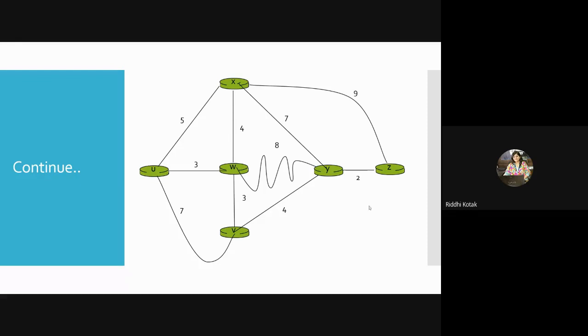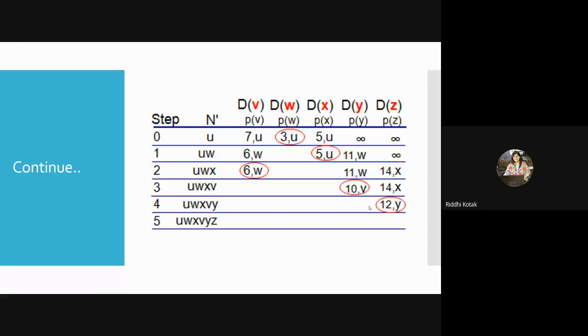Okay, so see over here we will select the path like U to X, that is 5, then X to Z, that is 9. So the total will be 14 and the current node is X. So you have to write 14 comma X. Just complete these entries. Step number 2, and the minimum one is 6. Right, so the next node will become V.